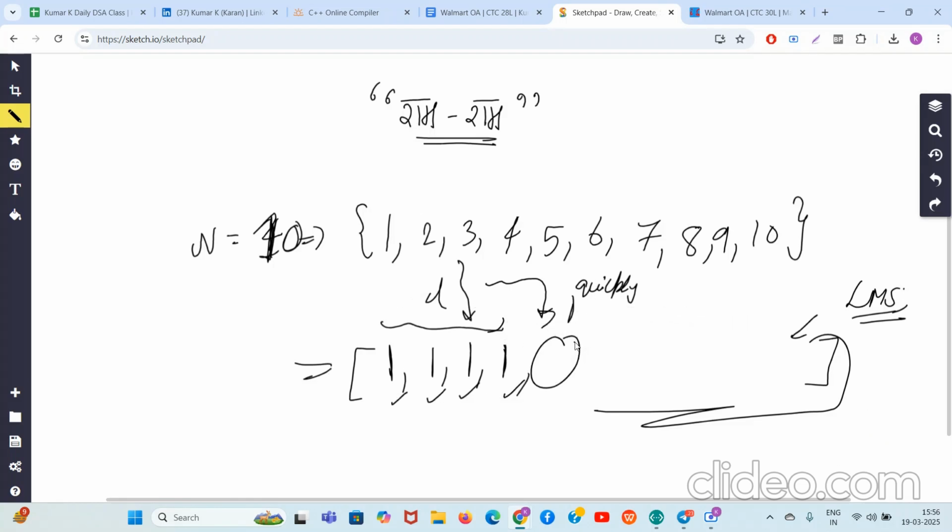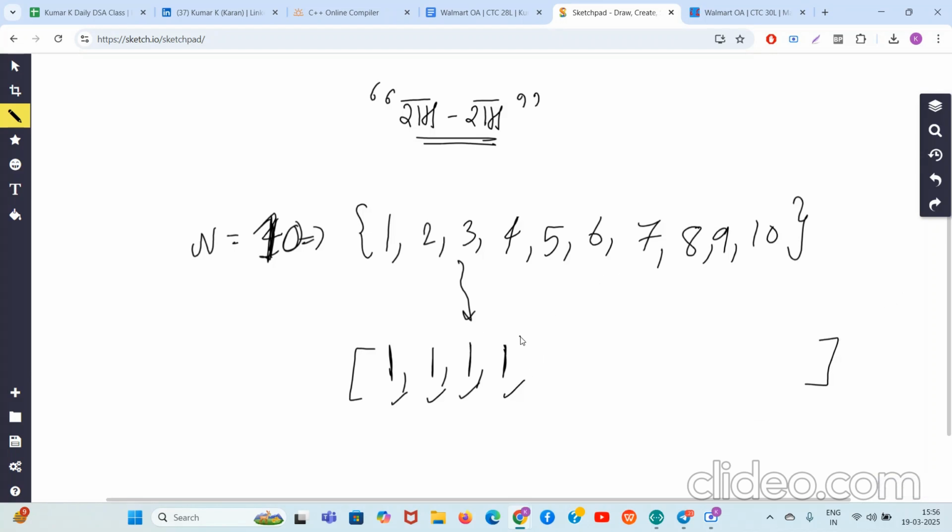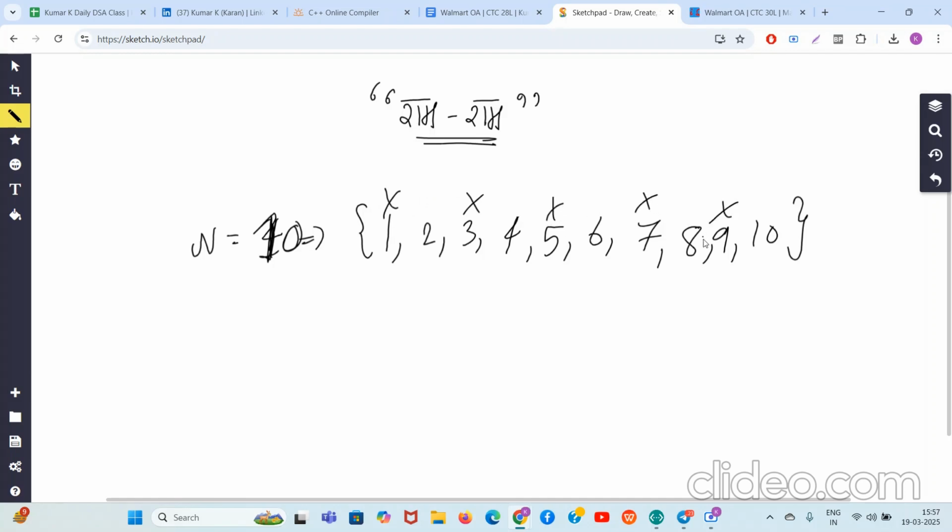To get an LMS, this is a greedy approach. This is a greedy plus mathematical problem with deep observational analysis. To get a lexicographically maximum sequence, you need a larger number as quickly as possible on the left hand side in the answer array. So guys, the approach is fairly clear that you will always delete the odd numbers like this, and then when the even numbers are there, you know that the GCD will remain 2 for some time.